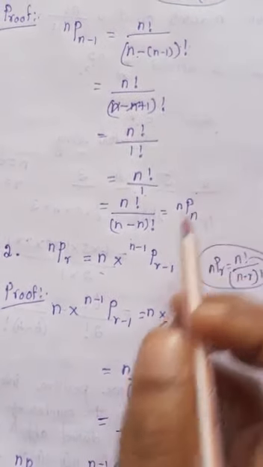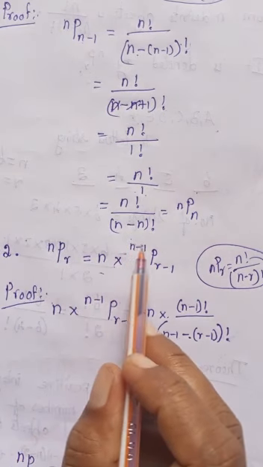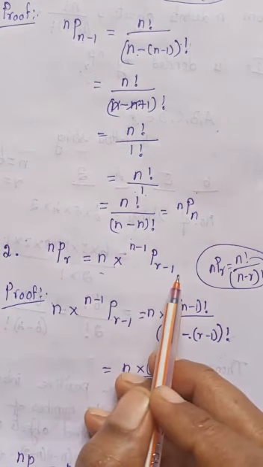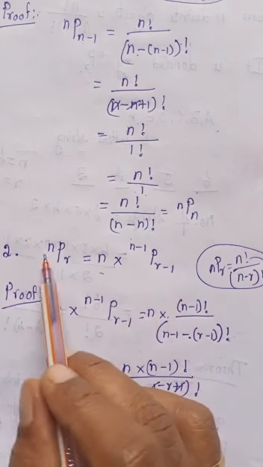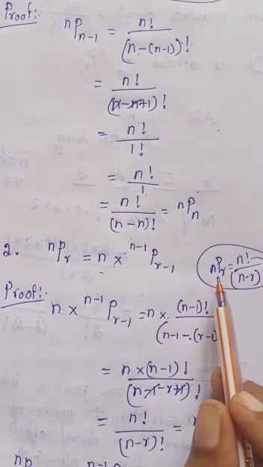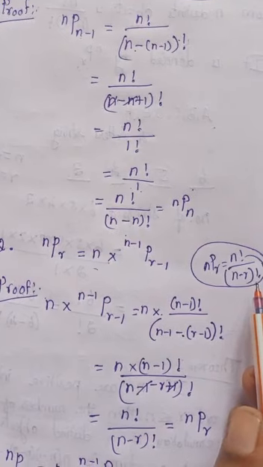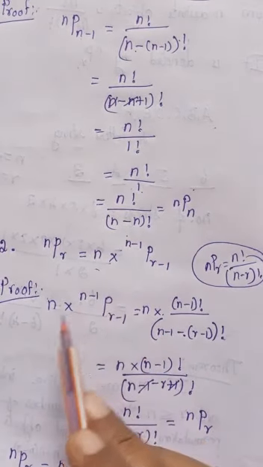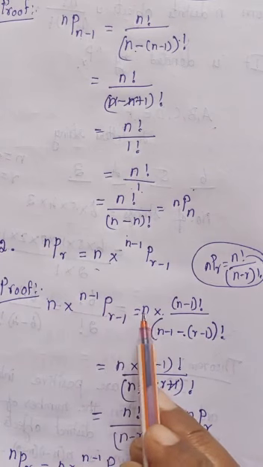Now coming to the second one, nPr is equal to n into (n minus 1)P(r minus 1). Here also the same way we will take the right hand side and prove it is equal to the left hand side. See, the same formula we are going to use: nPr is equal to n factorial by n minus r factorial. So what is given? n into (n minus 1)P(r minus 1)